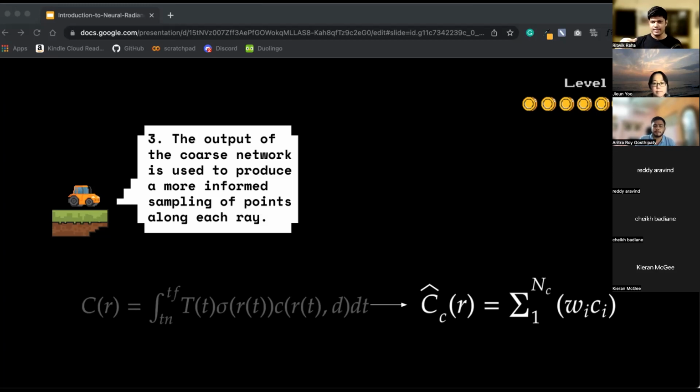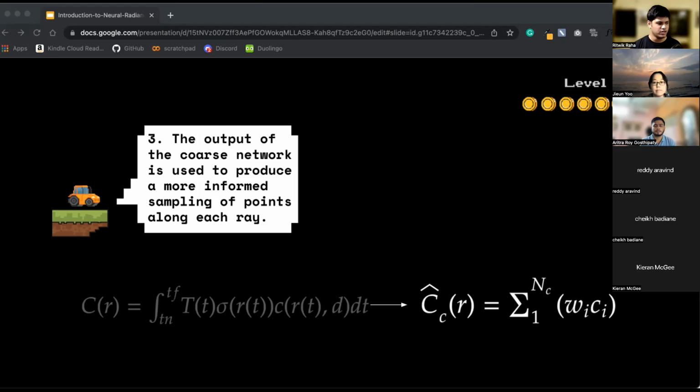What will happen is that set of sample points will be more informed as to where we can find the 3D scene. It won't have a point where the ray goes through that point and entirely misses the object. That won't happen because we are getting the input from the output itself. And so to do this,